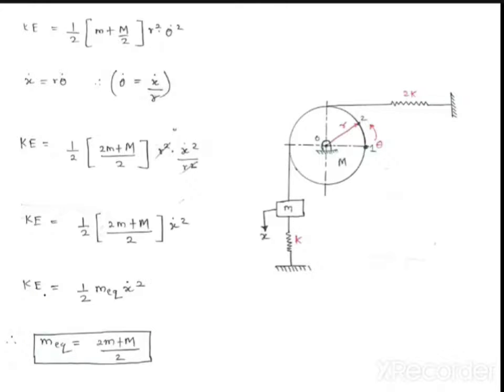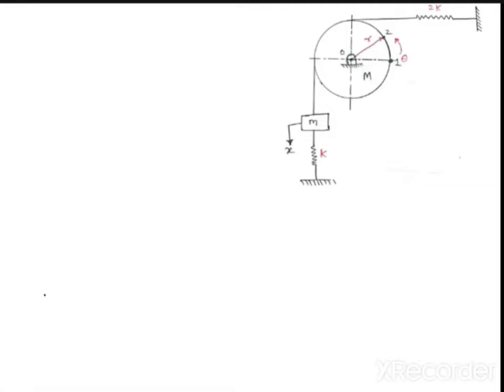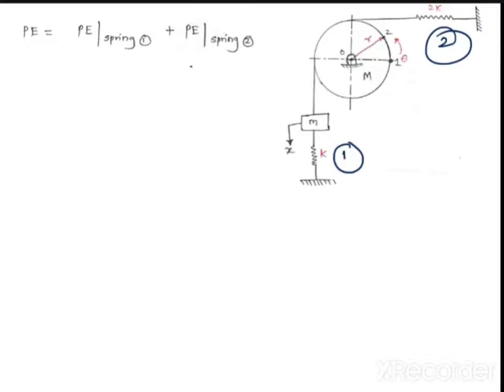Yes sir. Is it clear? Any doubt in this? Similarly, now find out K equivalent. What is K equivalent? Potential energy of spring 1. This is, let us say, spring 1, and let us say this is spring 2. Okay. So what is the potential energy of spring 1? Anybody? Potential energy of spring 1, 1 of k into,